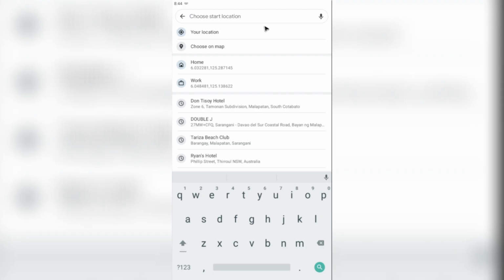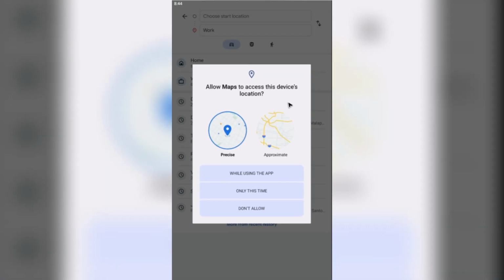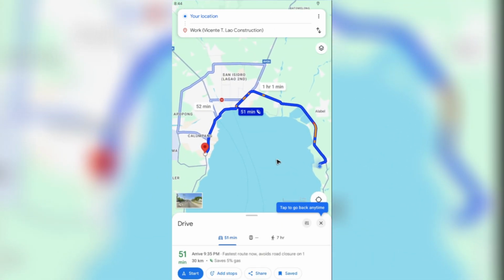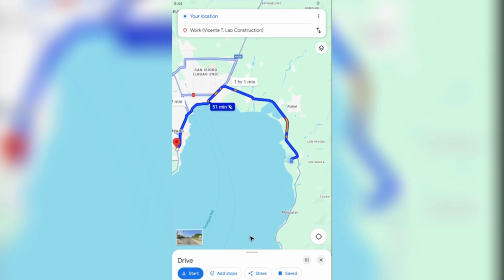All right, make sure that it is enabled. Then click or tap on your location. All right, I'm gonna do that right now. I'm gonna tap on it and allow Maps to access this device's location while using the app. All right, as you can see, to be able to use the Google Maps for directions while driving, in here